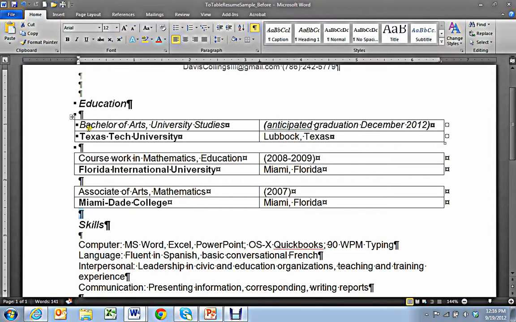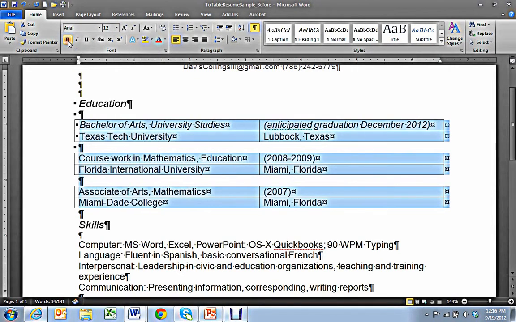Now I have created my tables, moved my content. Now I want to work on my formatting. The way that I do this now is just to take off all the formatting. I make sure it's all Arial 12. It appears to be. I want to get rid of the bold on everything, the italics, so it's just plain